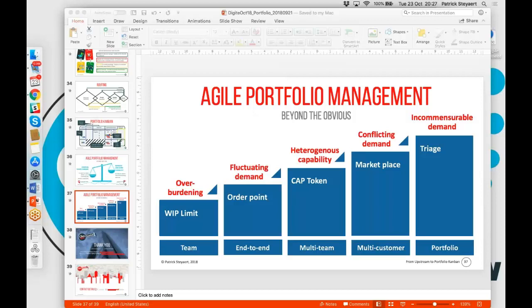So triage is not prioritization. So it's not an assessment of to what extent something is more prior than something else. That's what makes it really different from prioritization. So the triage is done by the supply side. So it's done by where the demand lands. It's done by the supply side, and it's